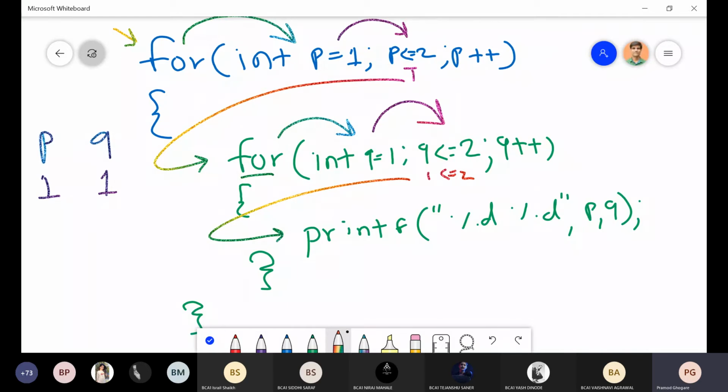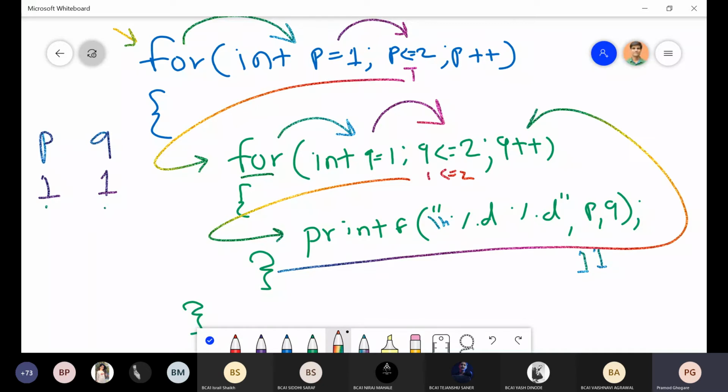Print %d p comma q. Okay, p comma q. Now what will come in the output? The value of p is 1, the value of q is 1, so 1 1. Okay, I will write slash n here. So this is your 1, p is 1, q is 1. Okay, now there is no next statement, so it will come to the increment part. q plus plus, the value of q increased to 2.